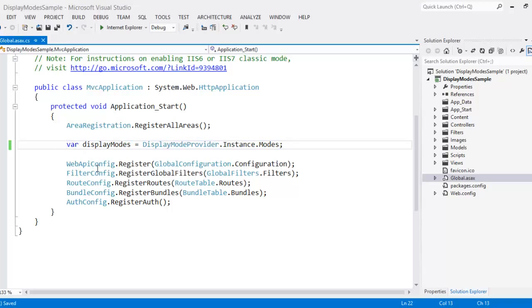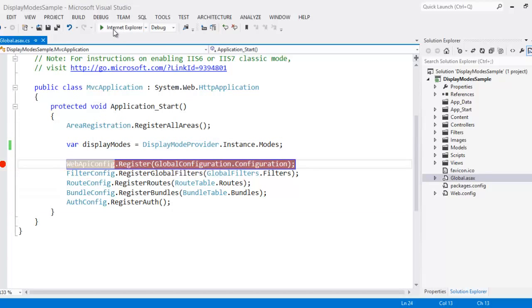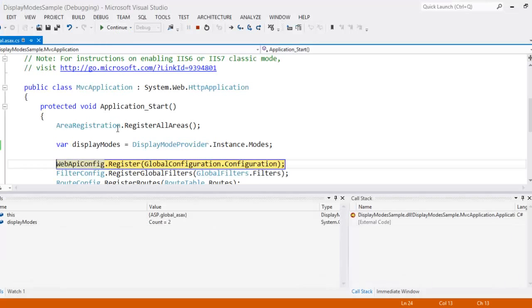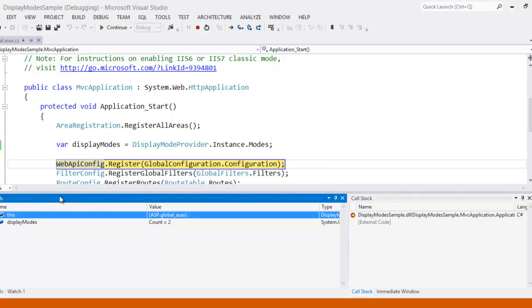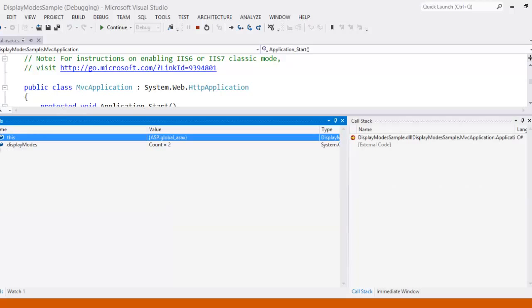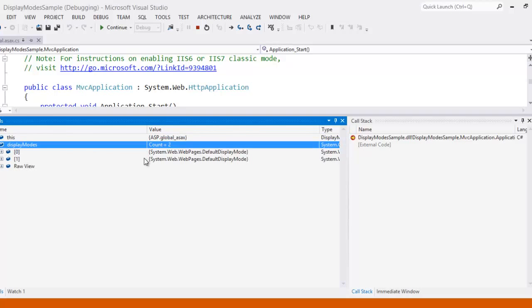in ASP.NET MVC4. I'm going to uncomment that code, put a breakpoint here, and run this application once again. If I hover over it, you can see the available display modes, or you can use any of the debugging options in Visual Studio. I'm going to look at the locals window, and here I have the display modes. The count is 2,